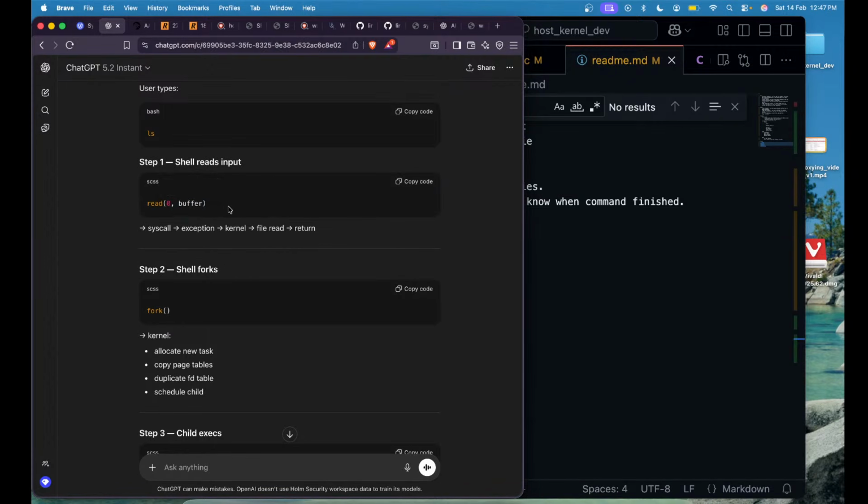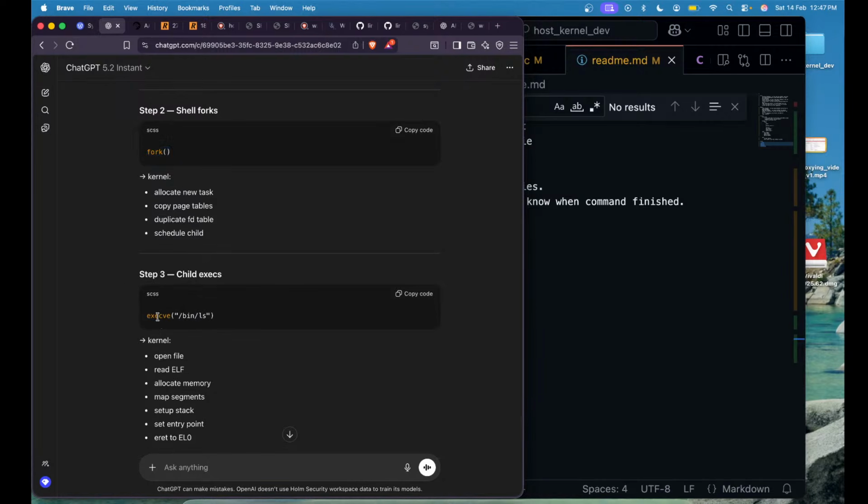Don't know why did we read it into a buffer. I don't know. Oh, maybe this operation is to check what this is, because just because we typed ls, that does not mean our kernel would know what ls is, because it's just an interface, because we are inside a bash. So we read from the standard input this ls and we fork,